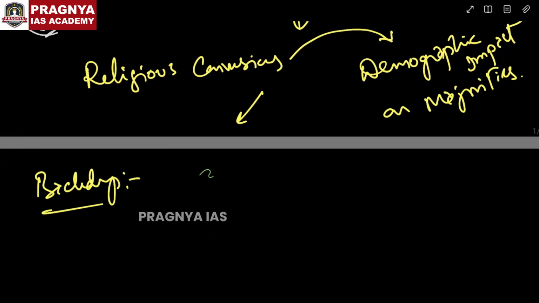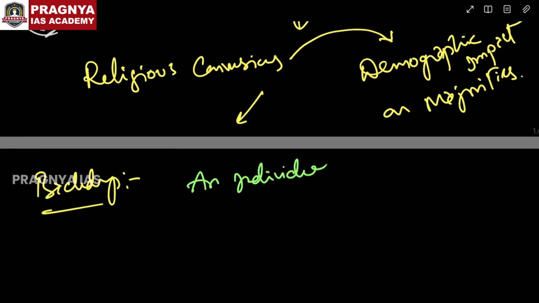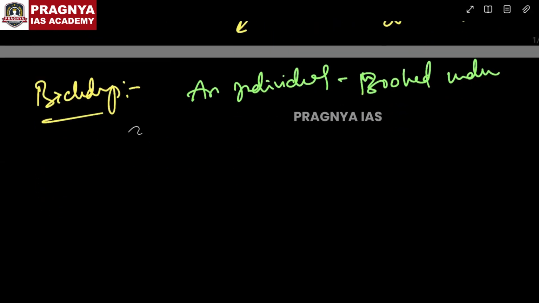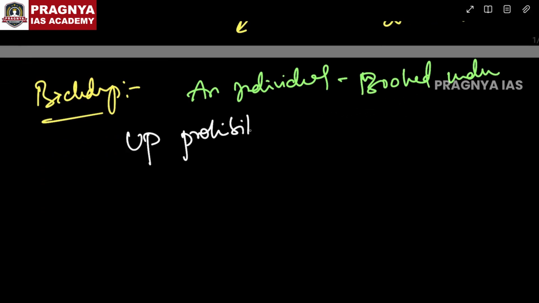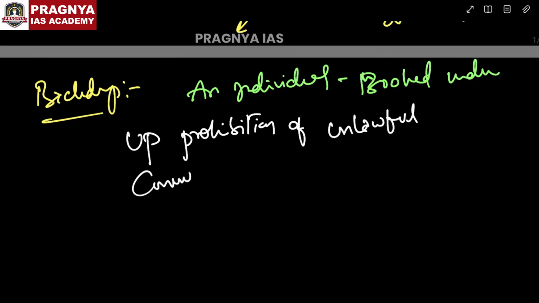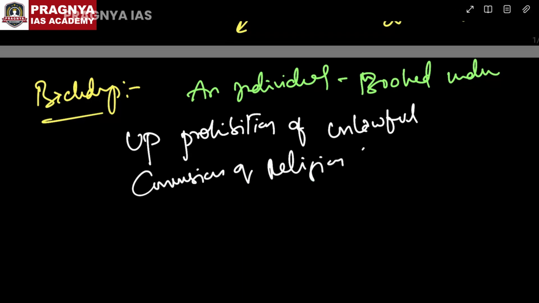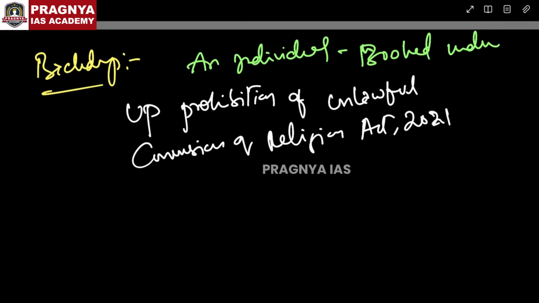The backdrop is very clear that an individual was booked under the Uttar Pradesh Prohibition of Unlawful Conversion of Religion Act of 2021, and kidnapping or abduction with intent secretly and wrongfully to confine a person of the Indian Penal Code. So this case underscores the court's stance on the constitutional boundaries of religious propagation and the urgent need to curb